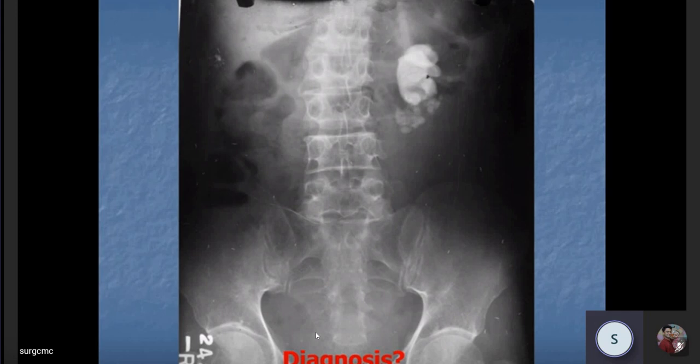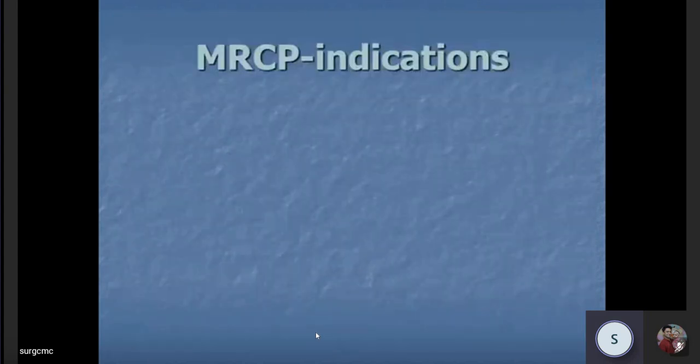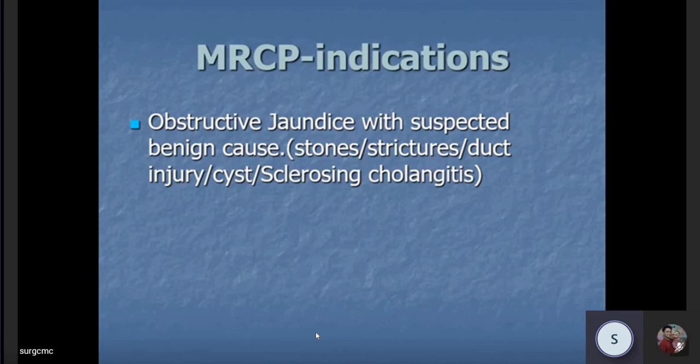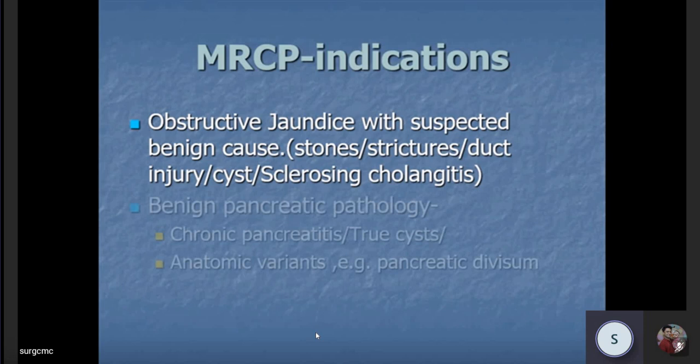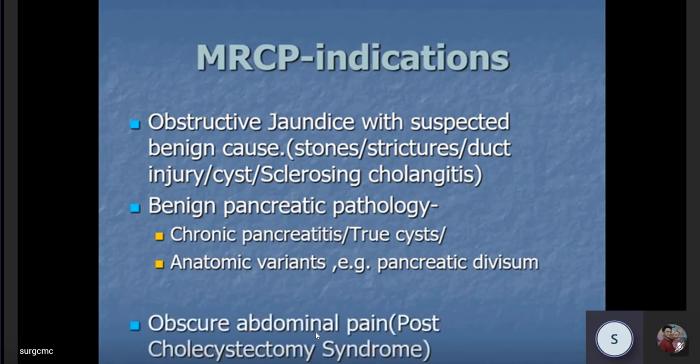These are stones. These are just the names you must know. MRCP is nothing but MRI of the hepatobiliary pancreatic region, to diagnose a number of hepatobiliary pancreatic pathologies, particularly intraluminal. If there is a stone within the pancreatic duct or within the common bile duct, this MRCP is a much more sensitive investigation to get this diagnosed.